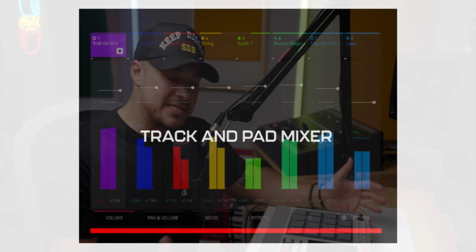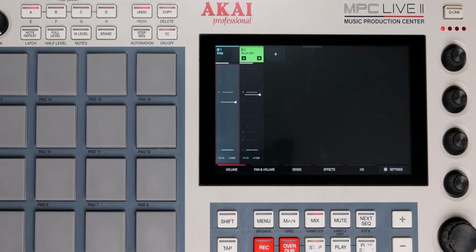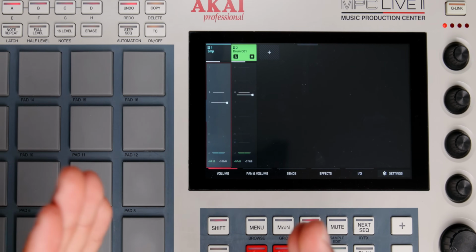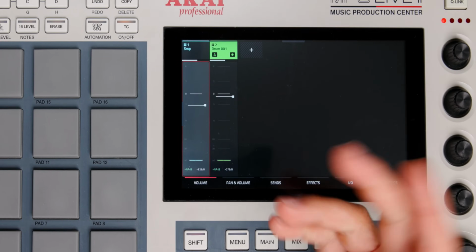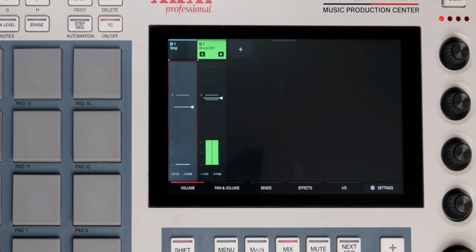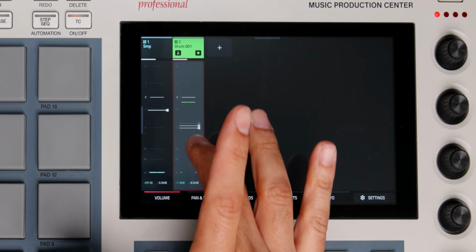Now, speaking about mixing, there is a new way of mixing with MPC 3. We go to our mixer, and now we finally are able to mix vertically with actual channel strips. Right now, we only have our sample, our track, and our drums. If I hit play, I just have this drum track being played, and we can start adjusting